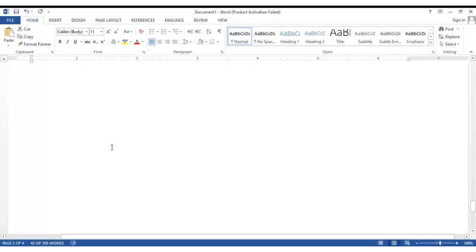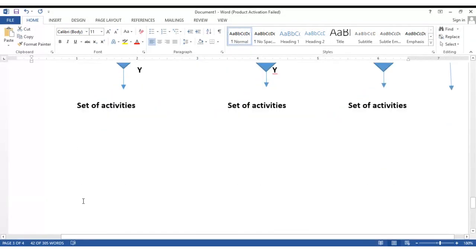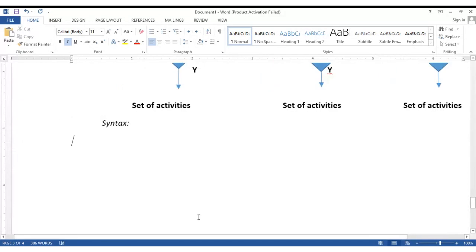Right, so before we have the program, let's have the syntax. The syntax is basically the structure. So how does it look? It looks as follows. We have if condition, then if that condition returns true,